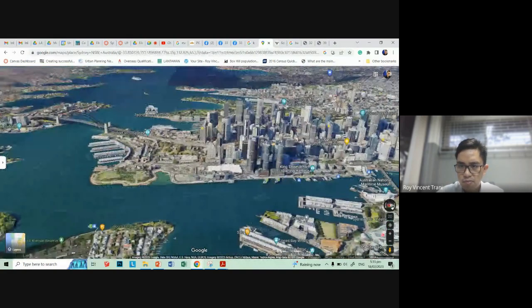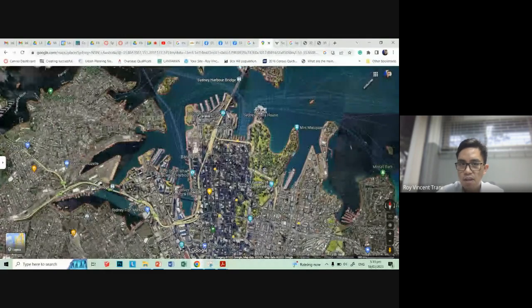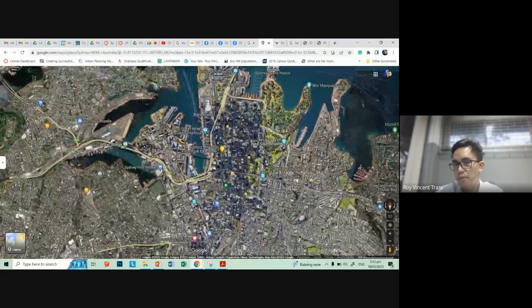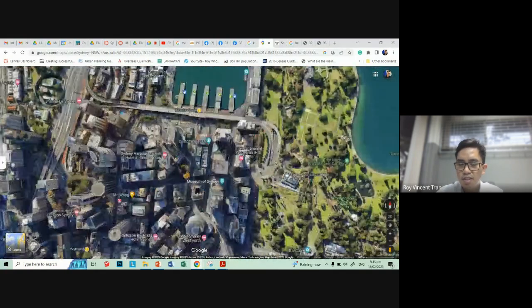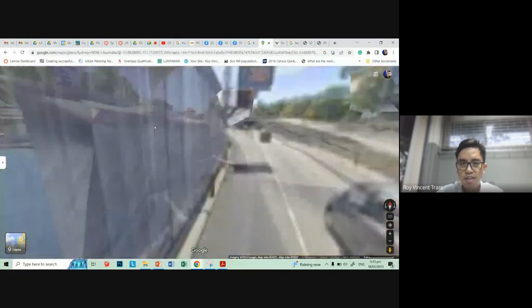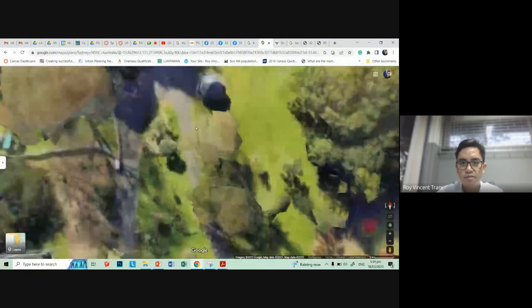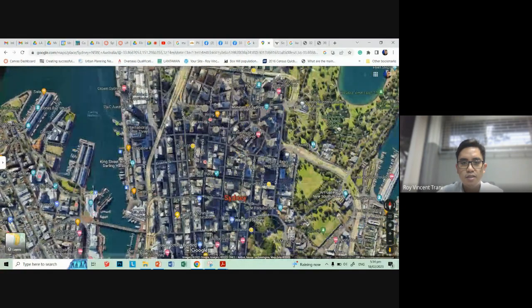But in general, you can see a lot more parks and public space in Sydney and in the developed countries than here in Cebu. And I think some of the advantage of those less developed areas is that you still have a lot of public space. And connecting with what Sir Eli mentioned about mobility and quality of life, you feel more, I really feel like not here in the highway. Let's go to the park area, maybe somewhere here. I can't go down.